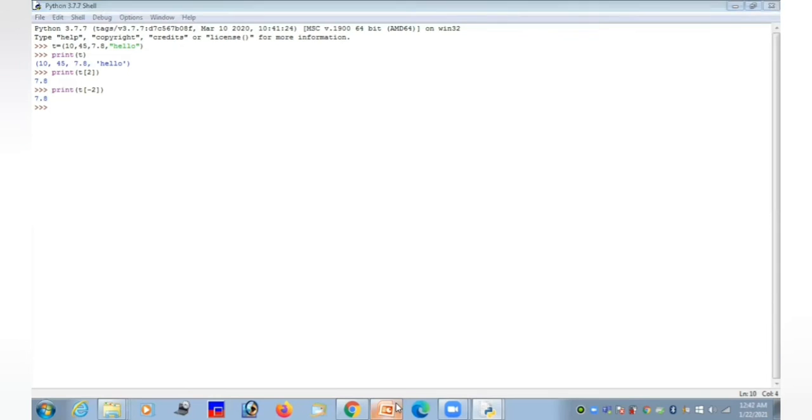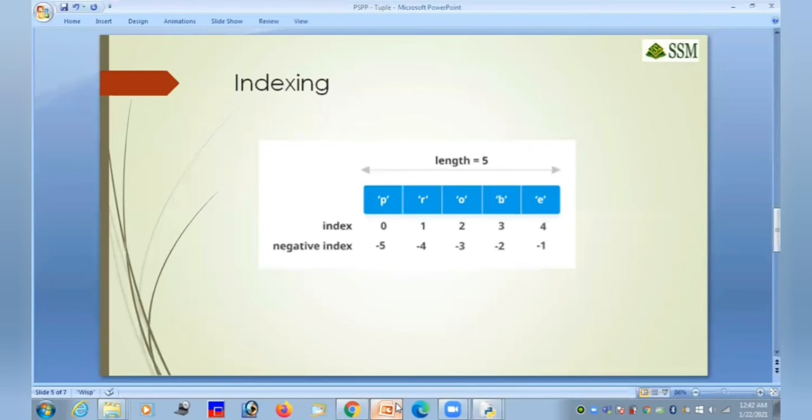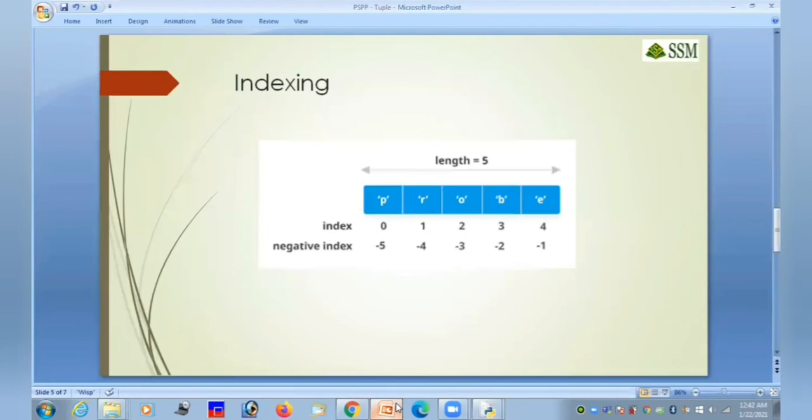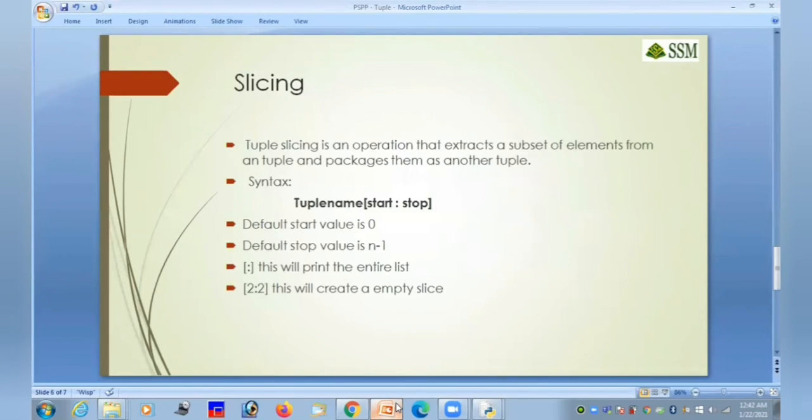Then we are going to perform the next operation in the tuple, that is slicing. Slicing is nothing but extracting values. So we are going to print part of the elements from the tuple.